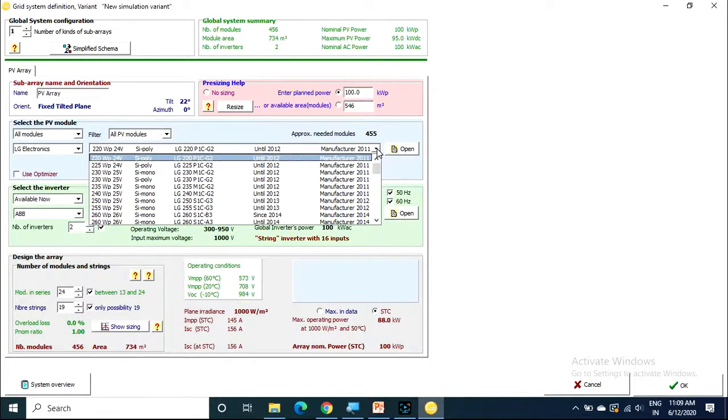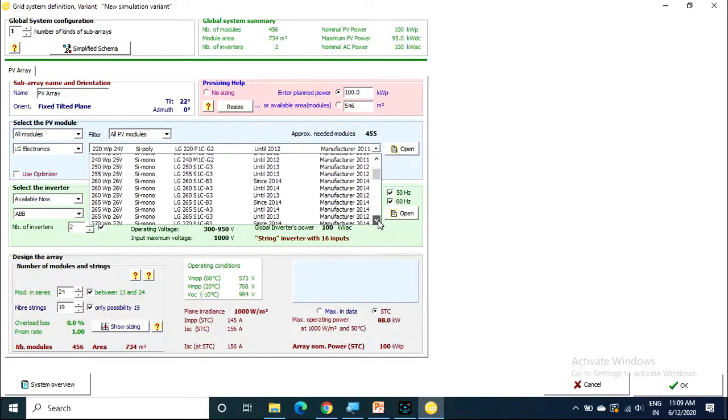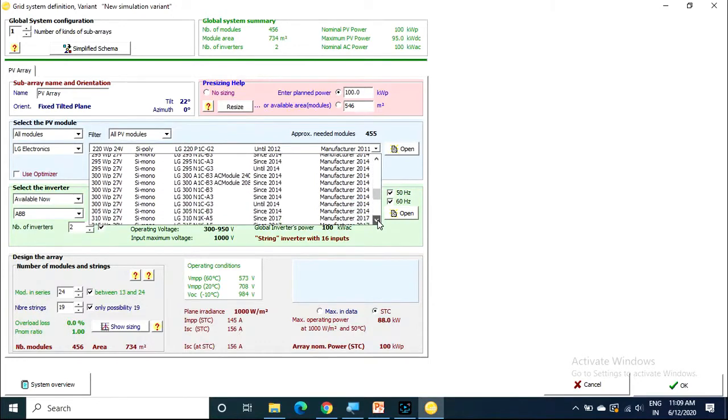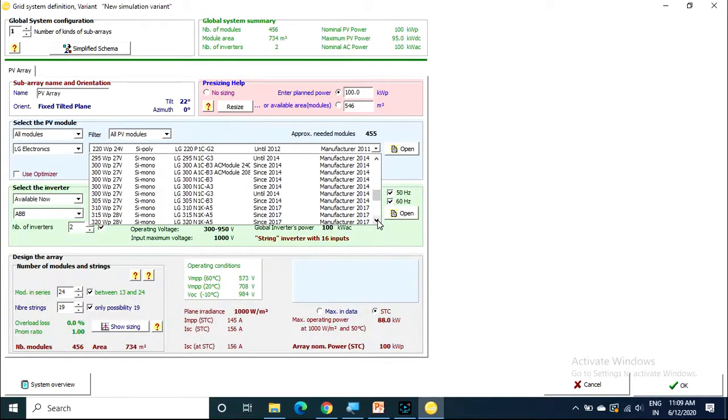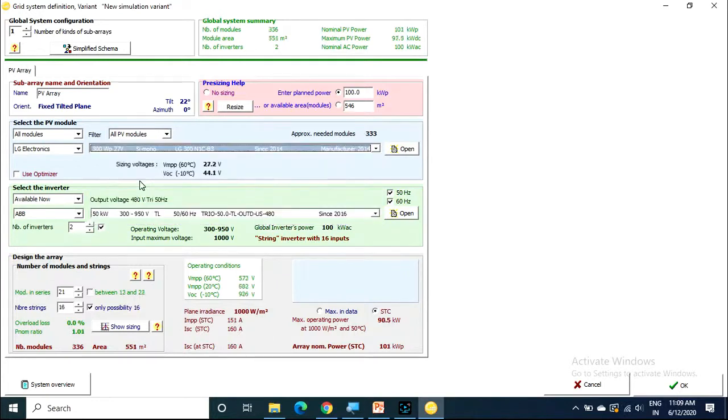Different ratings are there. You can choose your own module rating. I will choose 300 watt peak, 27 volt.